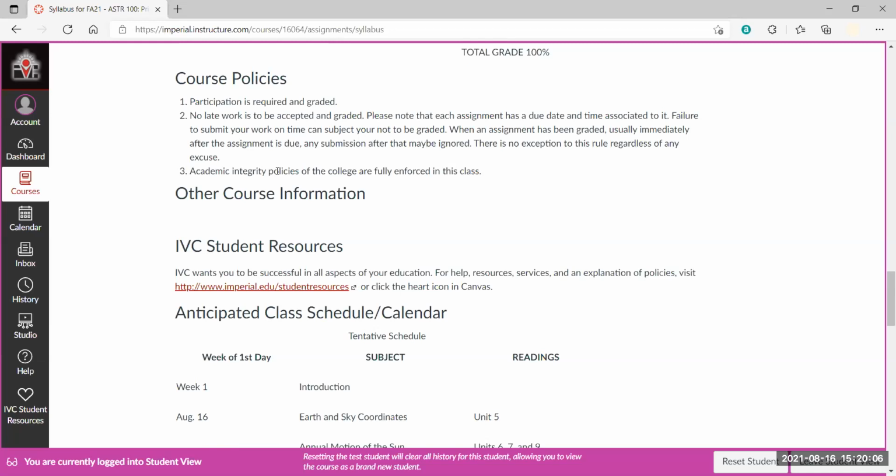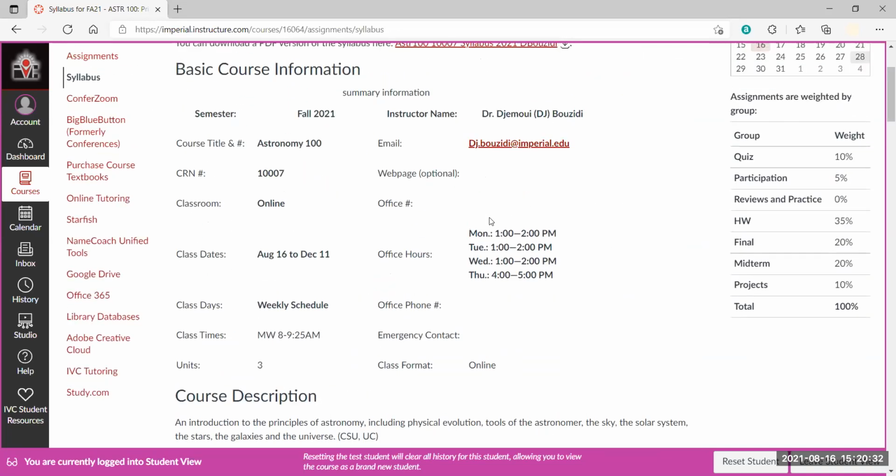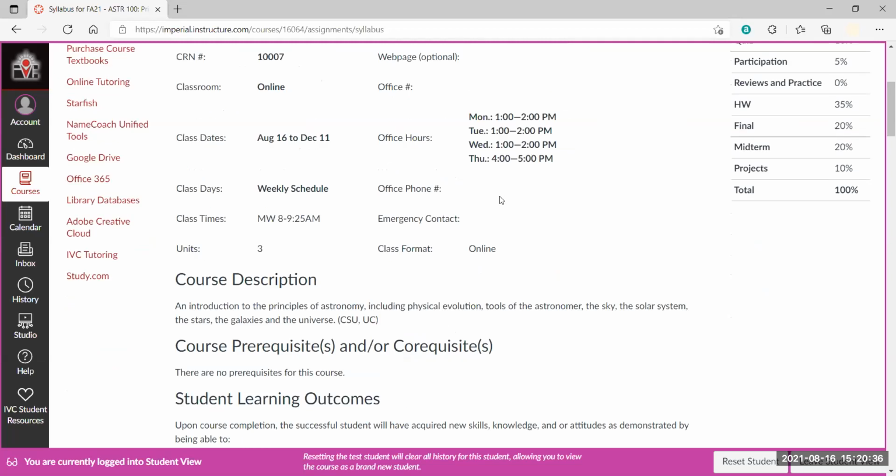Normally I do not accept late work, but it's never late unless it's graded. So there will be due dates on assignments, okay? This assignment is due on such and such. But if you look and you did not receive a mark on that assignment, you still have time to submit it. But that means you really, really are working in the extra time, okay? Usually I give plenty of time for you guys to finish an assignment. And again, if you have difficulty with it, you still have this wild card that you can always put in at any time, okay?